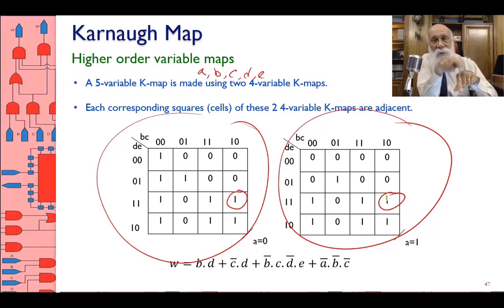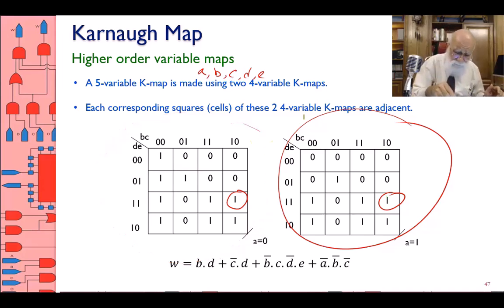So what we are really doing with the 5-variable maps is that we are extending our definition of physical adjacency not only to horizontal, vertical, also in the z-axis, also these are adjacent to each other. Okay? Considering this, let's